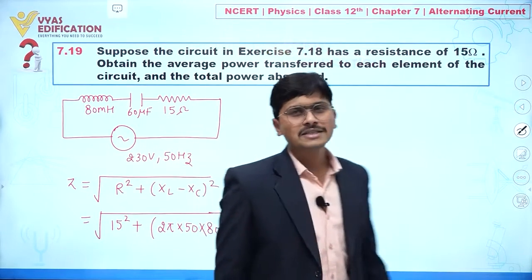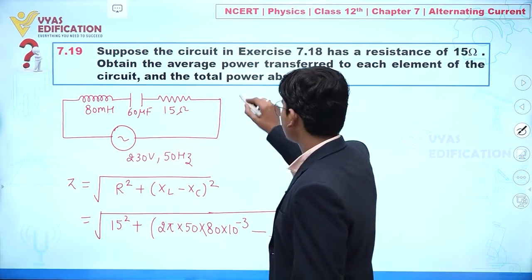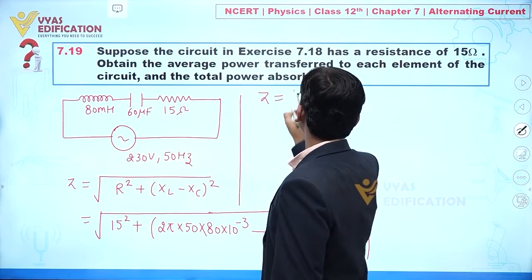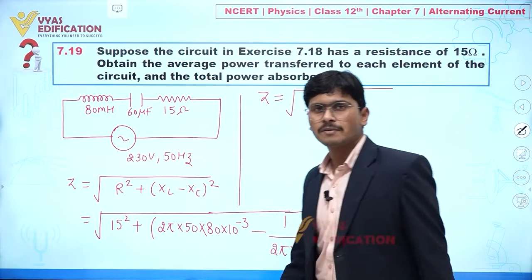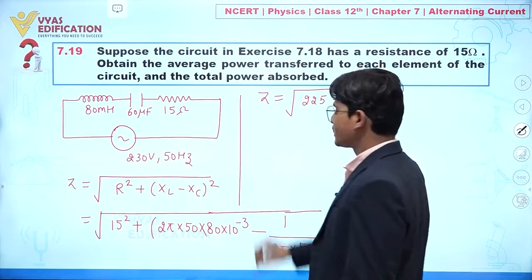Now let us try to understand this calculation, which you have already done in the previous question. So we can write the value of capital Z, given by the value of R we have, which is 225 plus